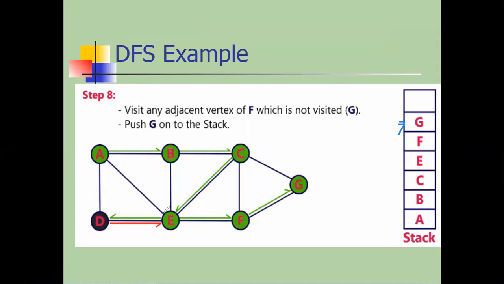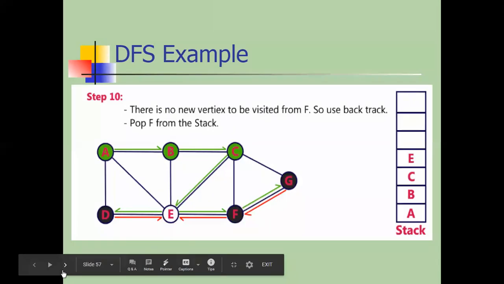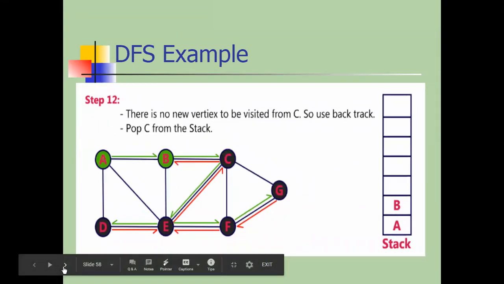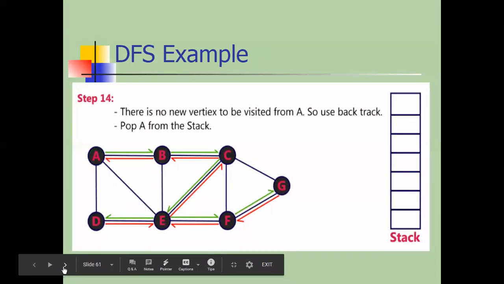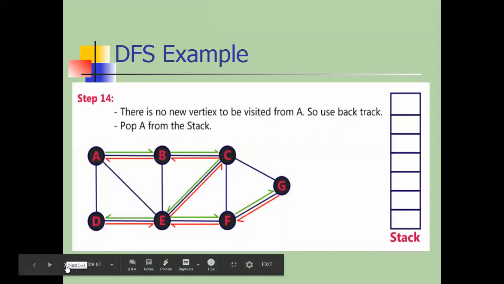Fine everyone. Why are we going to remove it? Because stack के top में जो element है वो कौन है? G. और G के सारे adjacent visited हो चुके हैं. That's why we are removing G first. Okay, so everyone is clear on this point. After removing G, which element? F. We are removing F. Then we are doing backtracking. Then E is removed, C is removed, after that B, and finally A. So likewise we have removed all the elements from the stack. Now the stack is empty.